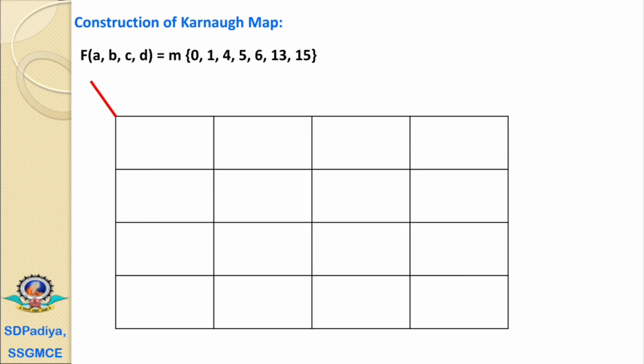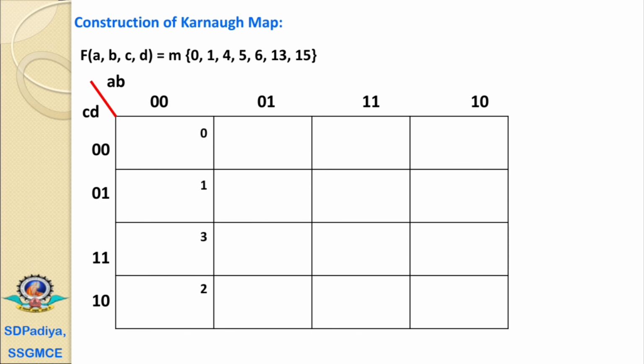Now we know the construction of the K-map for 16 cells. It is with 4 columns and 4 rows. At the upper side we have the variables A, B, and at the row side we have the variables C, D. Now the designations for these 4 columns are 0 0, 0 1, 1 1 and 1 0. And similarly the designations for the rows are 0 0, 0 1, 1 1 and 1 0.